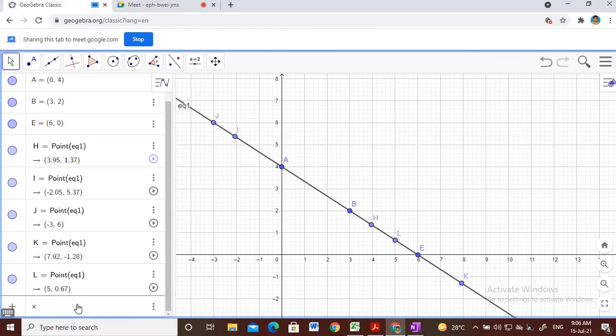See here, x plus y is equal to 0. Here I am taking this x plus y equal to 0. You can see this is passing through the origin. So here if you take x equal to 0, y value will be 0. If you take y equal to 0, x value will be 0. So both are the same points, na? 0, 0, 0, 0.